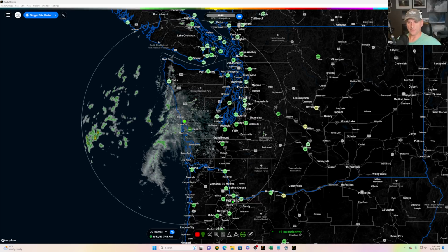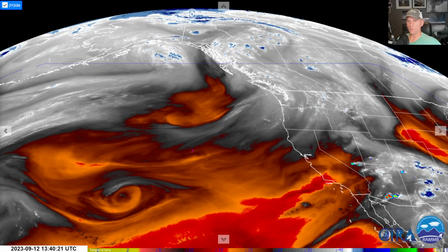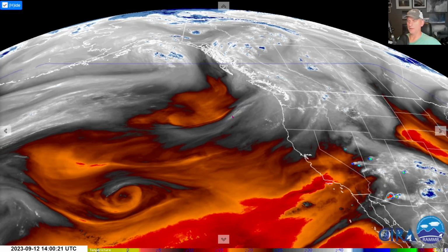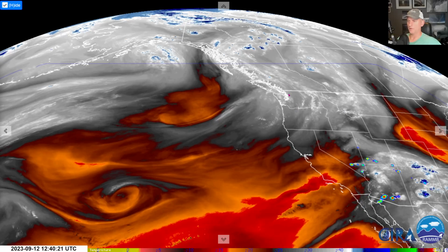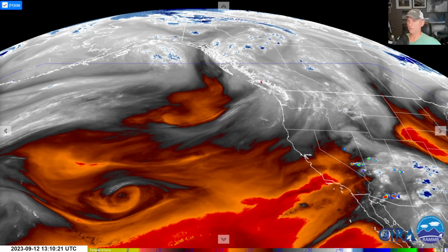But anyway, let's just dive into things here, and you can see we've got the mid-level water vapor loop in that weak system sliding through the area. So not too impressive here, but it might bring a little bit of light precipitation. Again, the higher terrain is going to be mostly targeted and generally areas north and west of Seattle along the